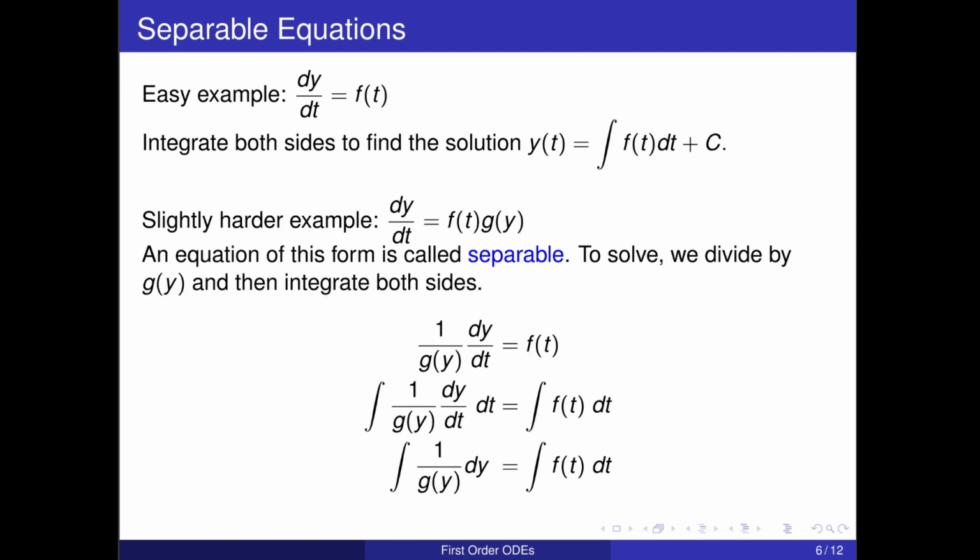All right, so a slightly harder example is if dy/dt is a function of t times another function of y, f of t times g of y. In this case, it's called separable because you're able to separate the variables to either side. So if you divide both sides by g of y, then you have 1 over g of y times dy/dt on one side and f of t on the other side. And now you can just integrate both sides with respect to t